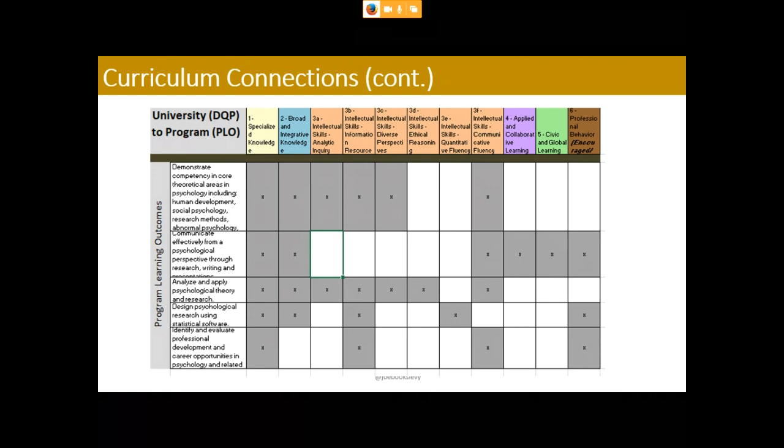Again, we don't look at this as a problem that some of these, like these two and these ones, are more likely touched on. We just pose that into the program as well. Does this seem appropriate to you? Like this program in particular, for civic and global learning, only has one program learning outcome that connects to that. And so then I might say, okay, so that's your second learning outcome.